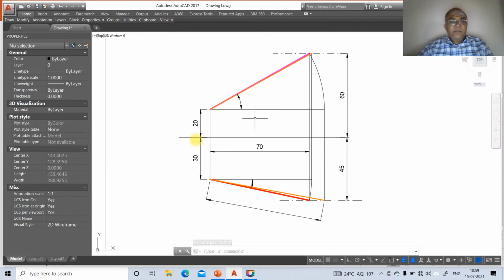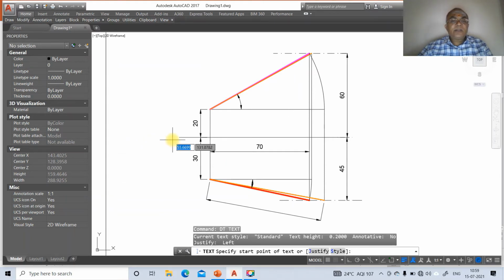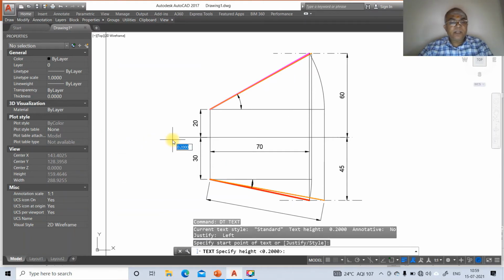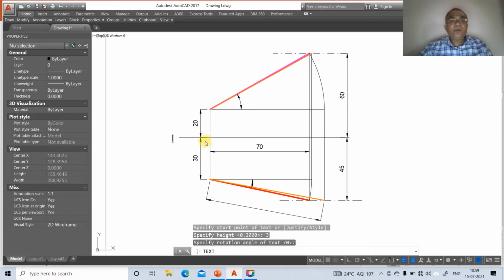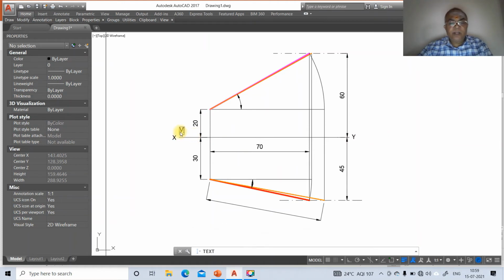So now we go for the text matter. So go to text. So you click on this and you mark this text height as 3, rotation angle as 0. You mark this as X and you mark this as Y, and you keep this as VP and you keep this as HP. And then we have capital A in bracket. So here you have capital B in bracket. So here we have locus of B. And here we have capital B, and here you have locus of B, and here you have capital A,